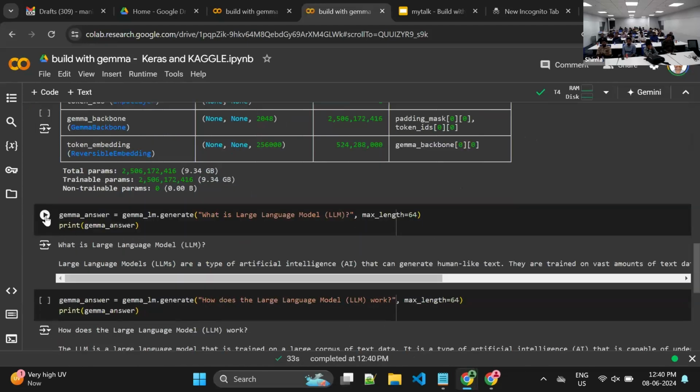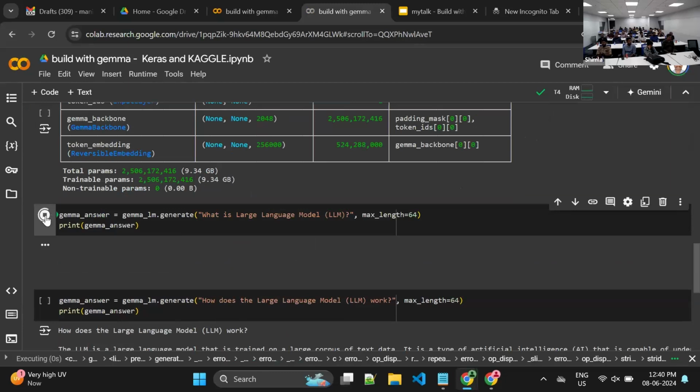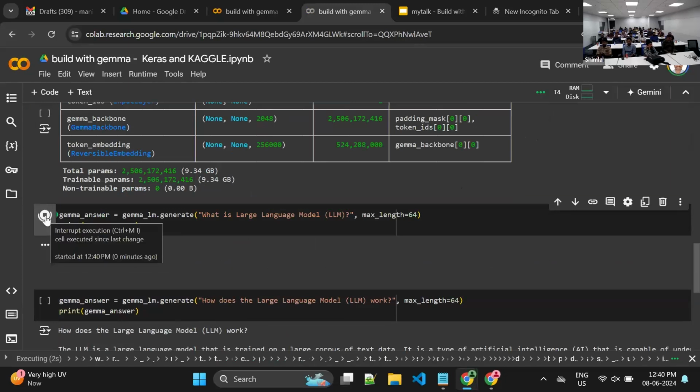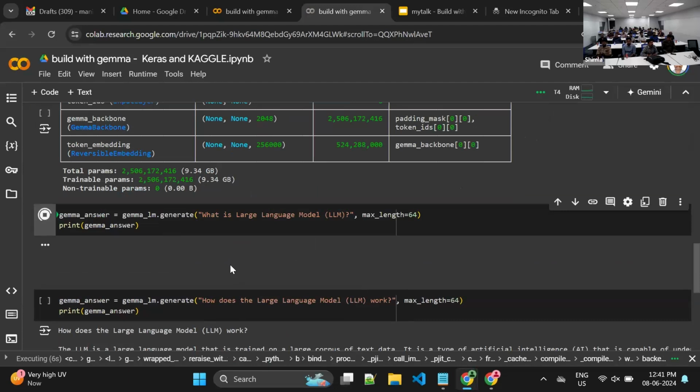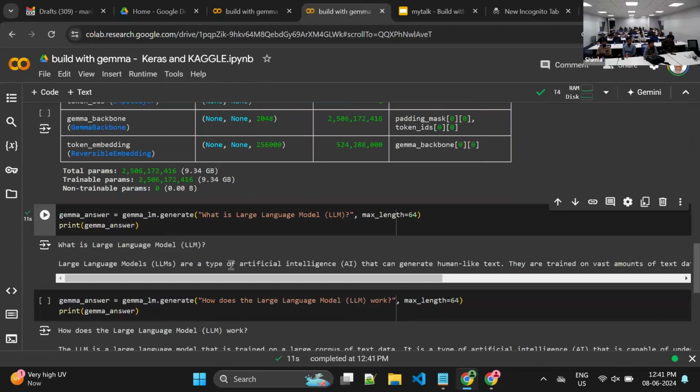Now I'm giving the prompt to this particular model, something like what is LLM? And it is giving me the results. I was just printing the results from that. So in this way, we can access the model and you can run it on your own